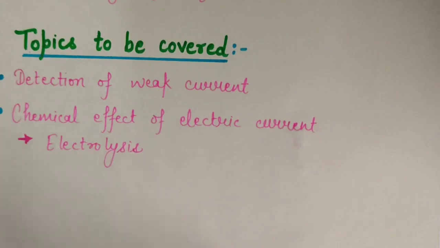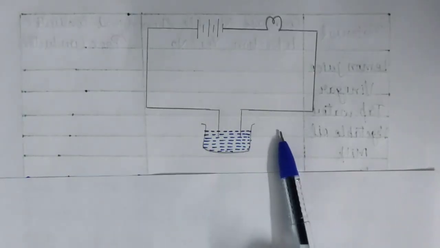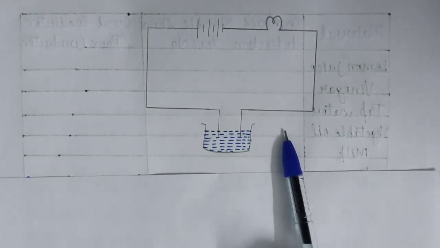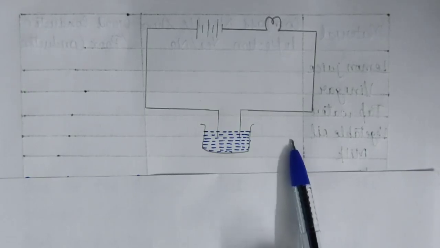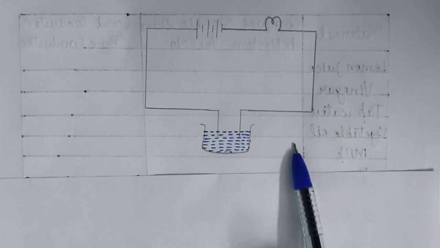So let's start. So students, in the previous lecture we have learnt about the conductivity of liquids, right? And I have already told you that the water which contains impurity conducts electricity, and the distilled water or pure water which is free from impurities does not conduct electricity. And for showing the conductivity of liquids, we have already done an activity and we came to a conclusion,